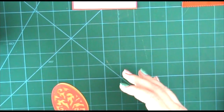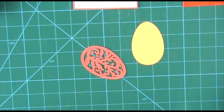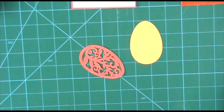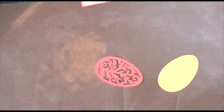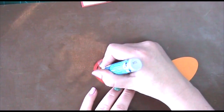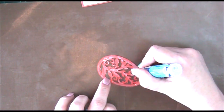Okay, and then while we're waiting for that to dry, because we'll give that a second, we'll stick the layer of our egg to the bottom layer here. So we're just going to use a Zig pen to do that, because that will be the easiest way, I think. So I'll get my little craft mat here so I don't mess up my nice cutting mat, and then we're going to go round with the Zig really speedily, because you don't want the Zig drying on you if possible. We want a permanent adhesion. There we go,